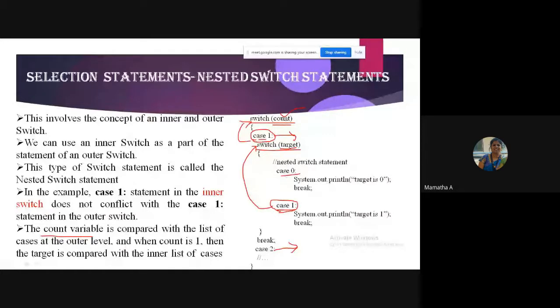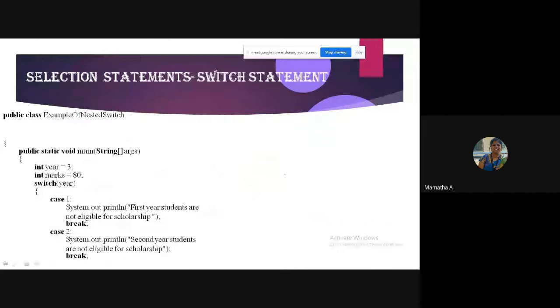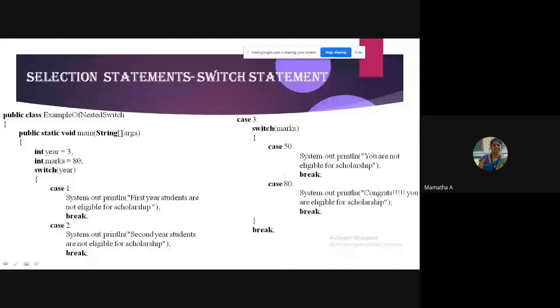I have a small program here. Tell me what it is trying to do, students. This was asked in one of your exam papers: explain nested switch statements.